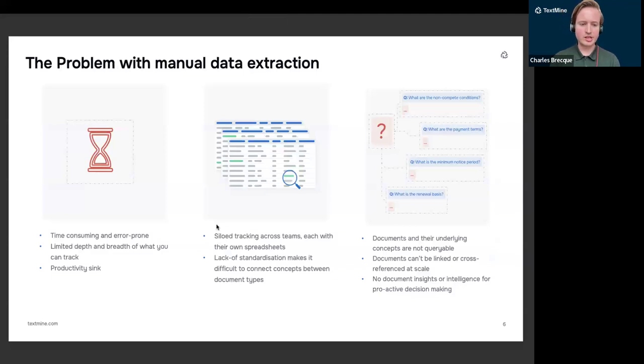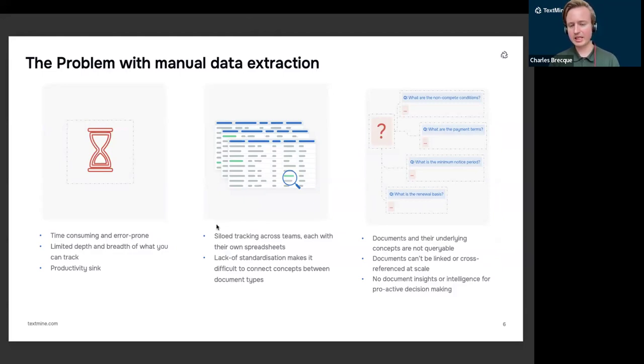Anything which is manual is prone to errors, and it's a huge productivity sink for the business users who have to do this work. The other issue is that there's only so much that you can track because it is so manual.